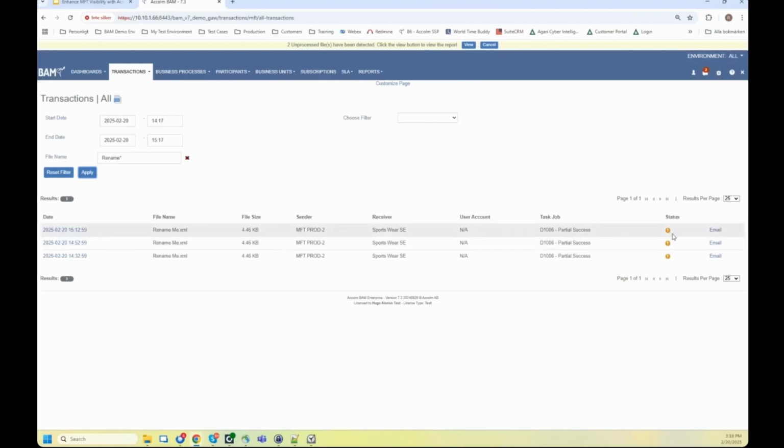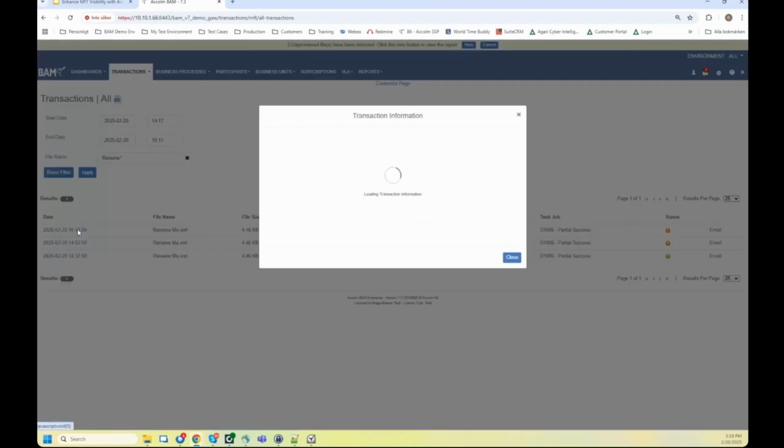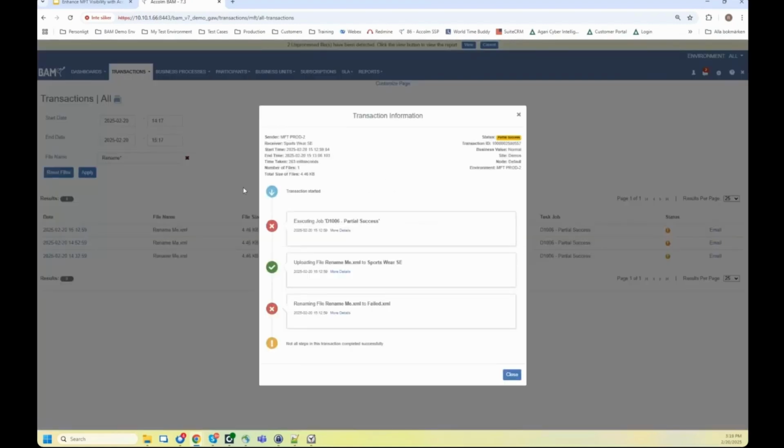So what this means is that a few of the actions, a unit of work in the transactions, a few of the actions have succeeded, a few of them have failed. So where have we failed? If I click the date, we can see over here,